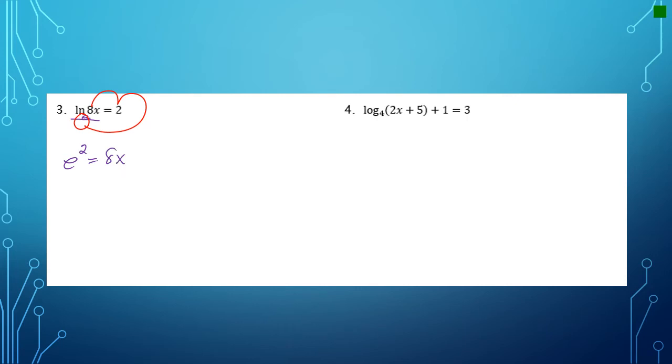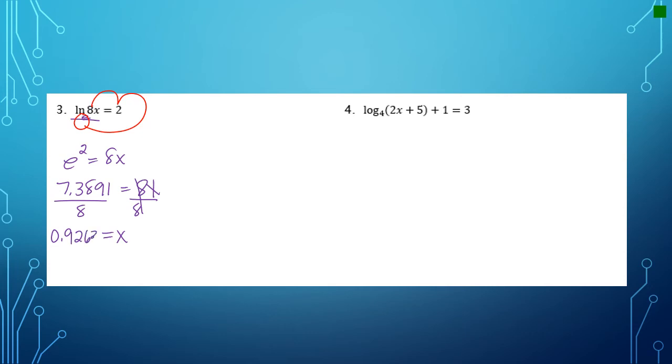Okay, now e squared you can type into your calculator. It would give you 7.3891. And again, I'm rounding that to 4 decimal places because we can't possibly write down all of them. And so I have 8x. So now I'm going to divide everything by 8. And my x, again, to 4 decimal places, would be